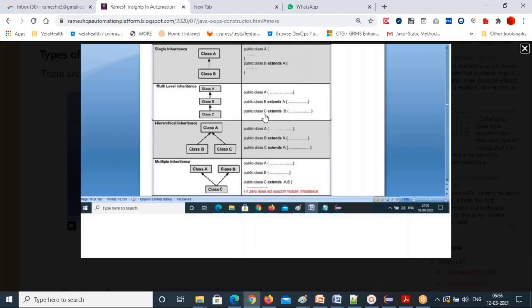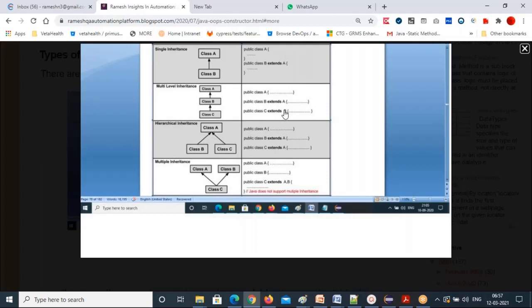This concept is applied in our Selenium. There are wait classes: Wait is one interface, and there are implicit wait, explicit wait, WebDriverWait class, and also FluentWait class. WebDriverWait is the child class that extends FluentWait class and implements the Wait interface.